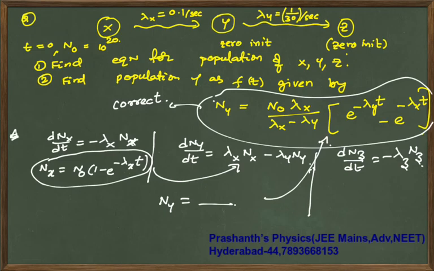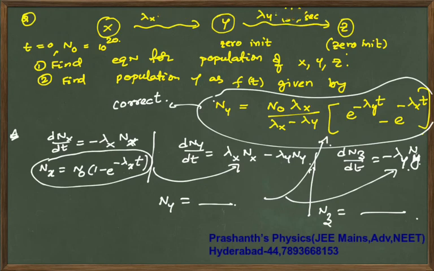It is not lambda z Nz, sorry, it is lambda y Ny. Now this Ny you substitute into this equation to get the Nz value. So like this you are supposed to solve and substitute the values. As a function of time we have been given the decay constant values. There is some other question where I will tell you why these decay values are given, but in this question it is not required.